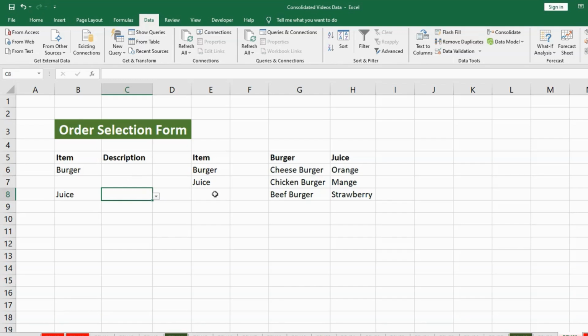Let's talk about some of the important things to keep in mind. For example, I have the item, there are two items, burger and juice. Those two words should exactly match the headings of these two columns. Because I want to create the dependent drop-down list for those items with this column, those item names should exactly match the headings of the second drop-down list. If I have a different spelling for burger, like B-U-R-G-A-R, and here it's B-U-R-G-E-R, then